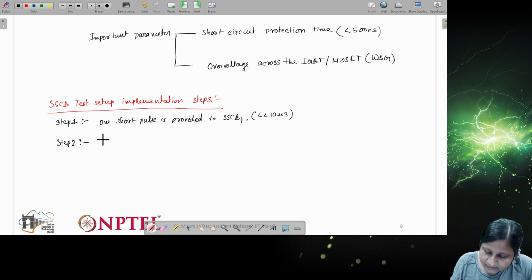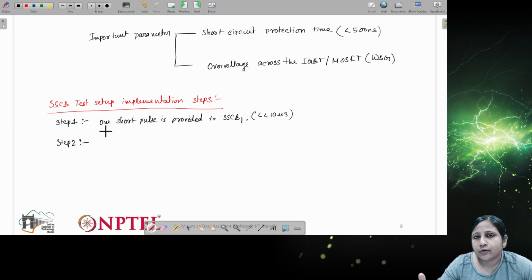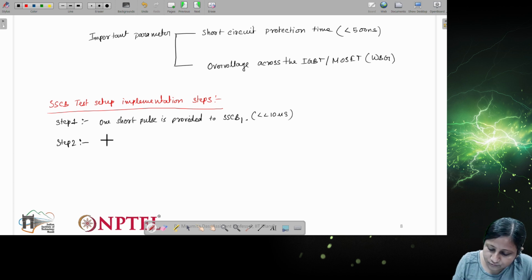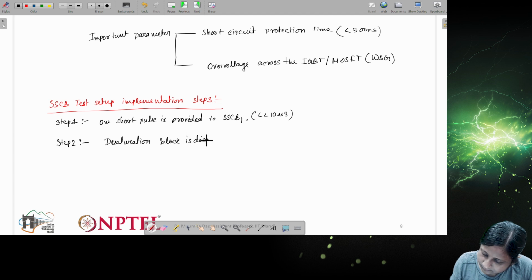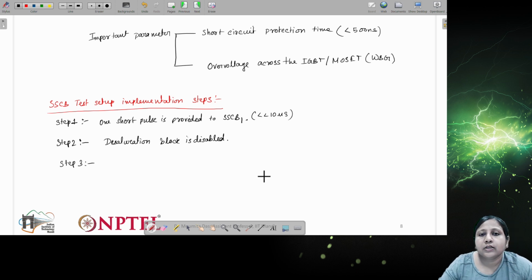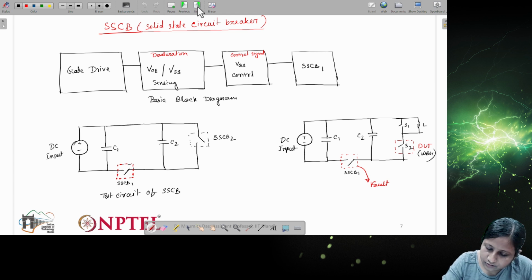Now the components related to the desaturation block need to be selected. If we don't have information on the desaturation block, the VDS block, this desaturation block will be disabled initially. Now step 3 is with respect to the control unit, the VGS control unit.